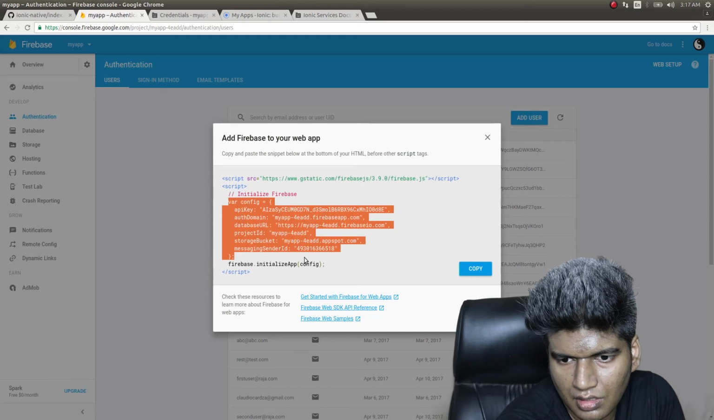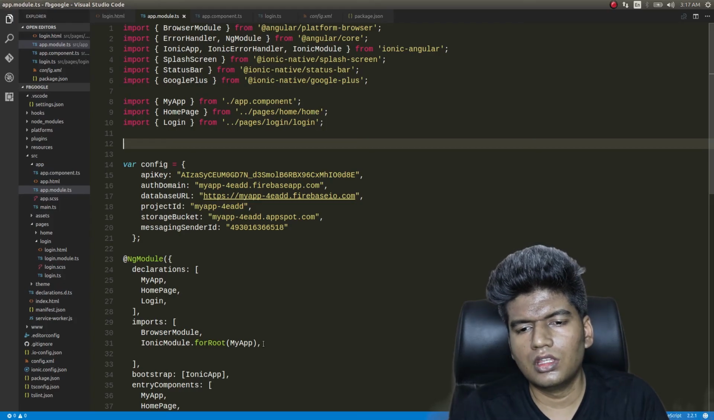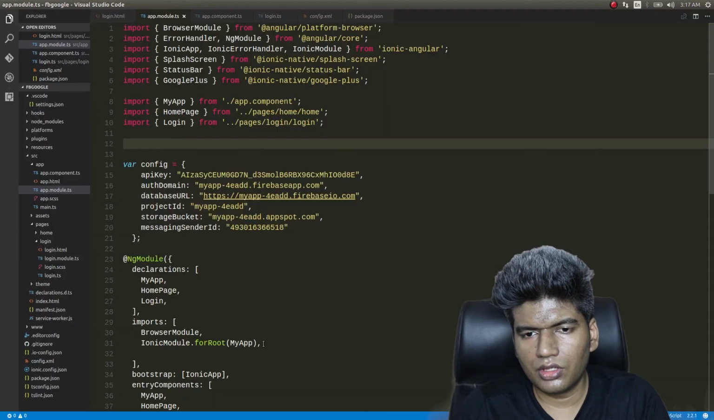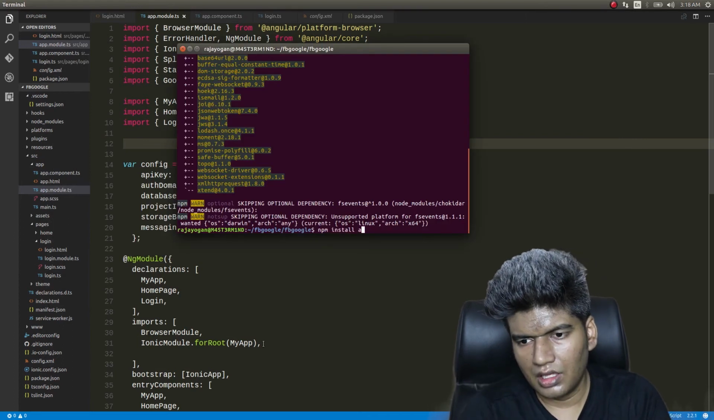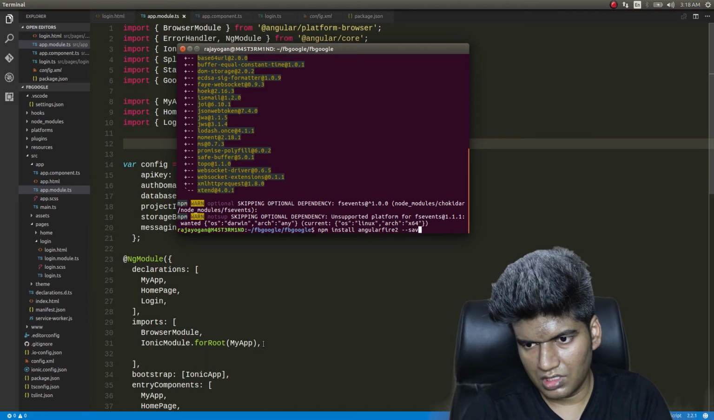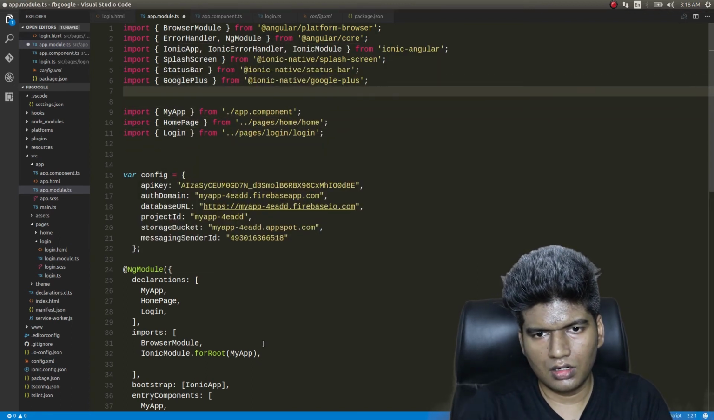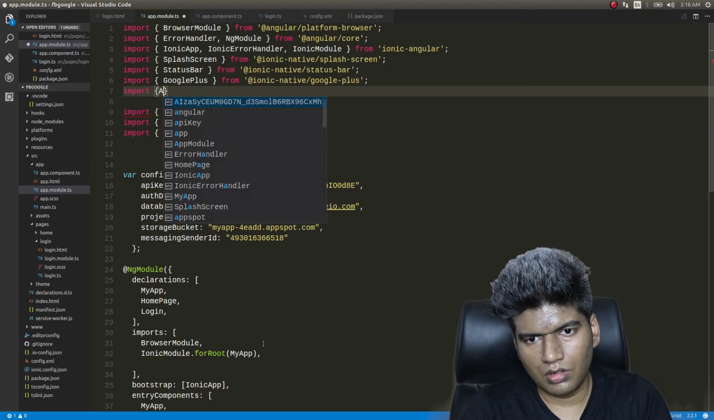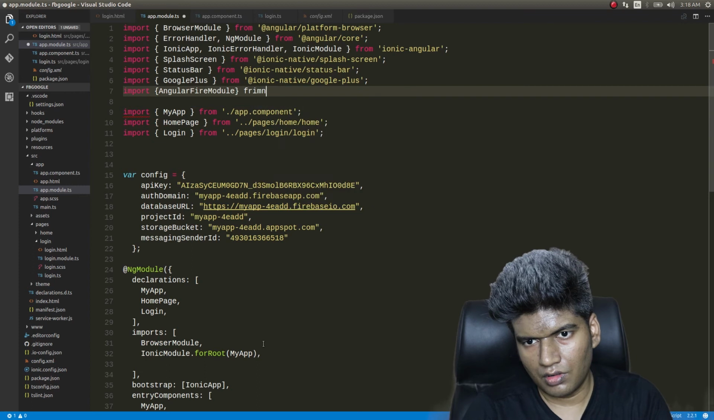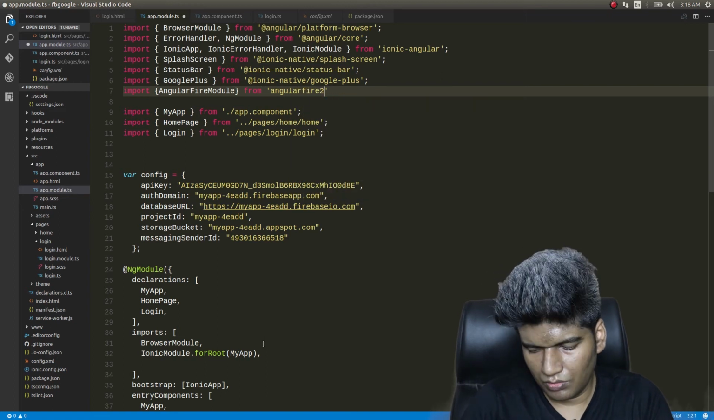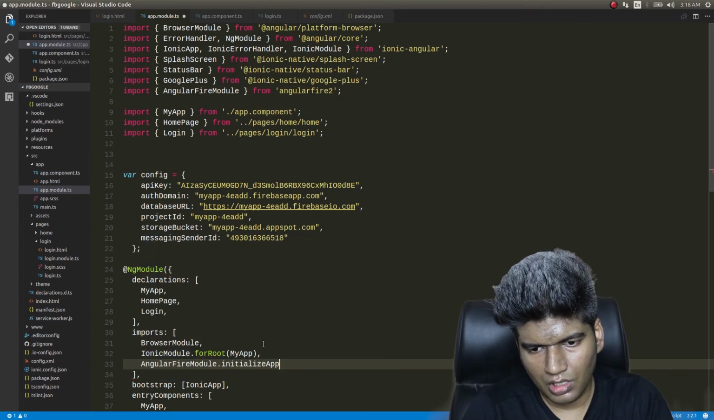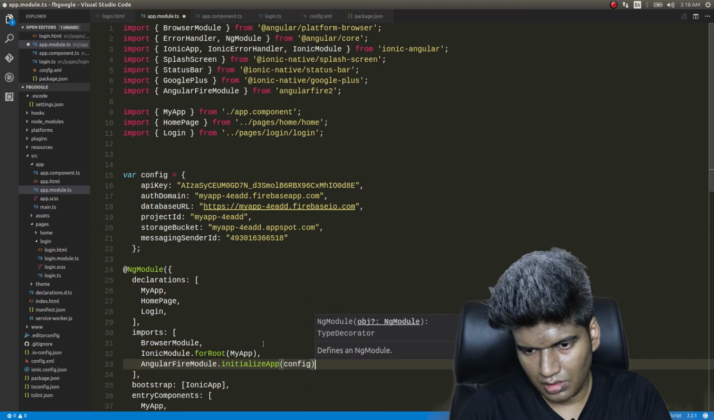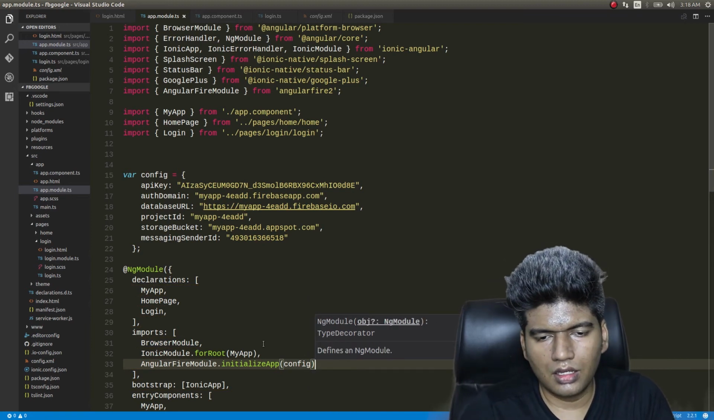Paste it here. Or instead of using the Firebase initialize, we'll make use of AngularFire2, which is another useful module. So this is installed, right? npm install angularfire2, save, and here I will import AngularFireModule from angularfire2. Okay, and here I will give AngularFireModule.initializeApp(config). Okay, save this and navigate to